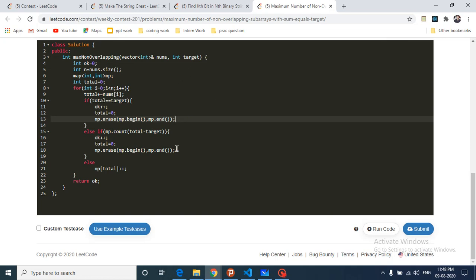You can understand this logic using the GeeksforGeeks article. This is also very simple because whenever a total sum occurs, if you subtract the target value from the total and you have seen this value earlier, then there must be some subarray which has a total sum equal to target, and then you can start afresh for the whole iteration. Else, if neither of these conditions is met, you will increment this total value in the map. You can also do this with a set, and after finally doing all this iteration, the answer is just the count.